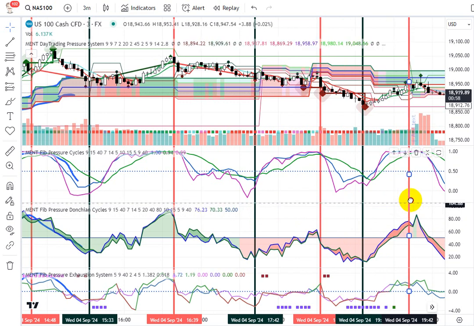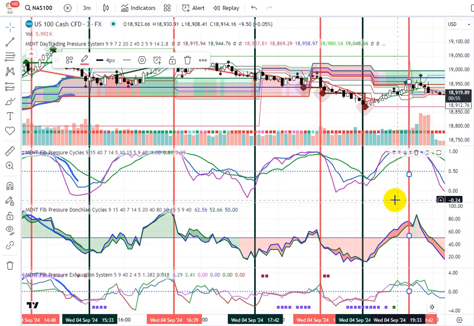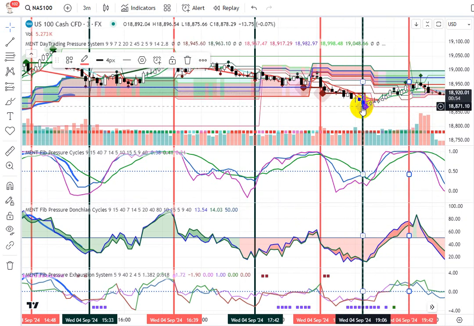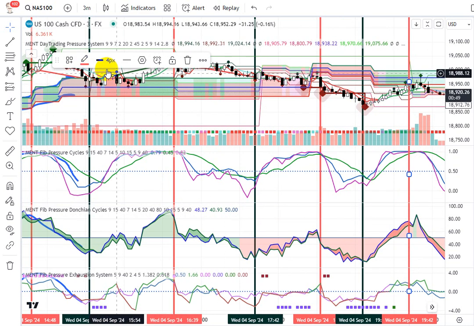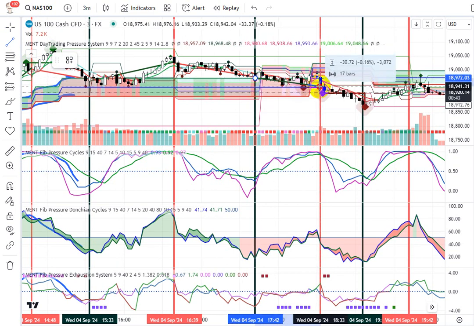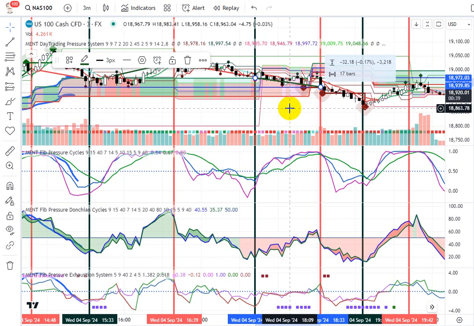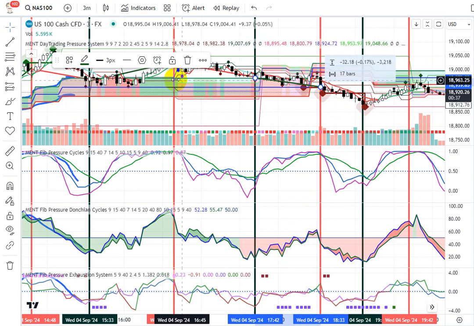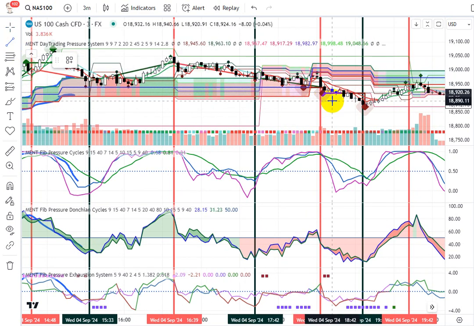And remember, cycle highs are looking for a top. Cycle lows are looking for a bottom. Okay, so we come back in here. We go to our line. This is our first loser of the day. And it's going to basically be, call it a 30-point loser. Okay, 32-point loser. Then we move into this one, which is a